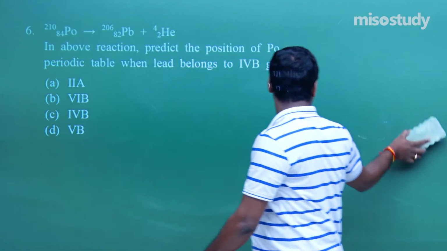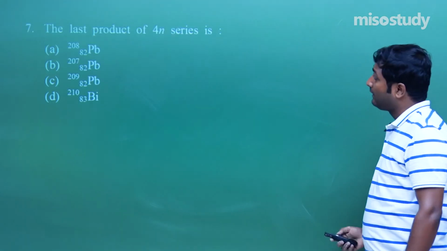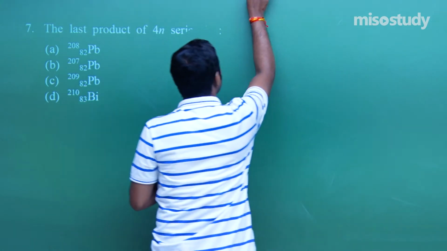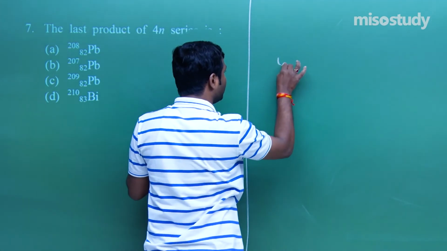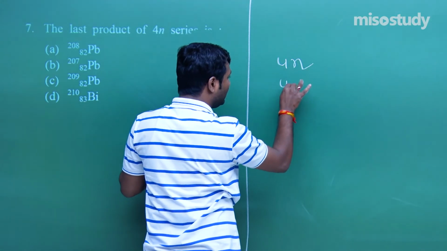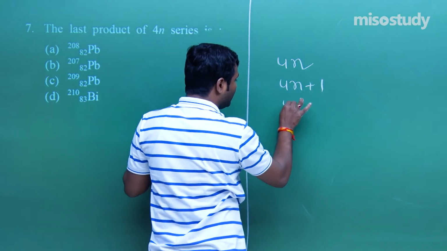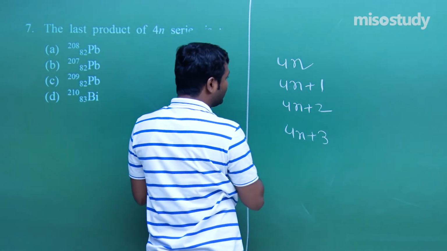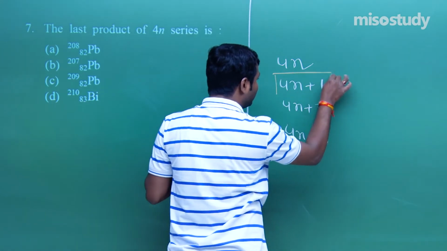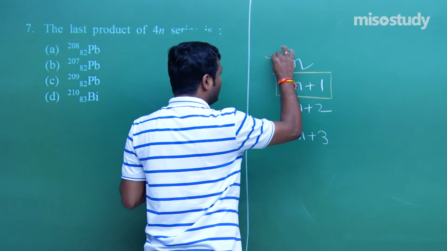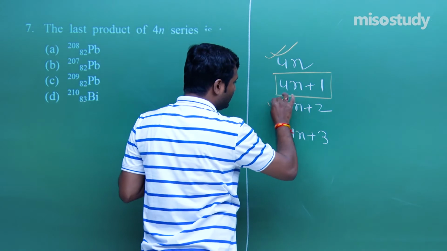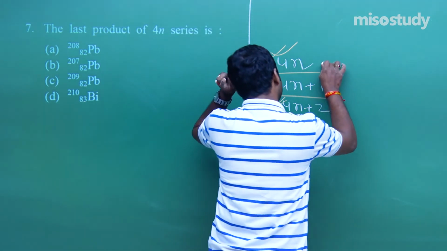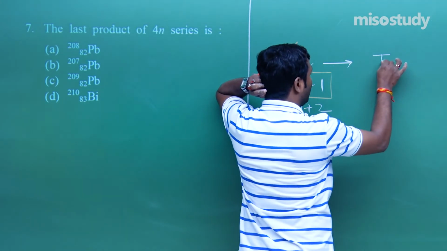Listen carefully. What is the question? The last product of the 4n series. As we know, what are the radioactive disintegration series? First of all 4n, then 4n plus 1, then 4n plus 2 and 4n plus 3. This is the Neptunium series, this one is the Thorium series, this one is Uranium, this one is the Actinium series. And the 4n series is the Thorium series. The first member is Thorium